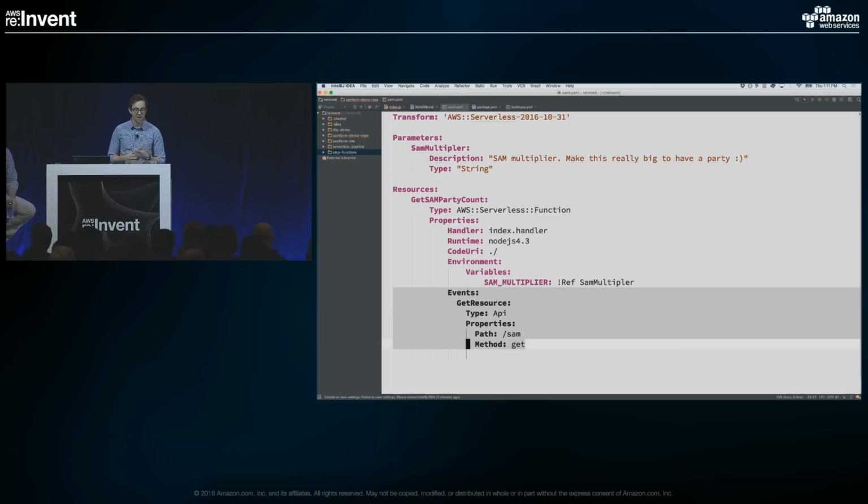This one being the API, and it's a GET method. Now, before, Tim showed you what CloudFormation would make you do to create these things and link them all together. This does everything for me. So it creates my function, links my API, sets everything up so they're connected, and I have done literally nothing besides these 7 lines of code.